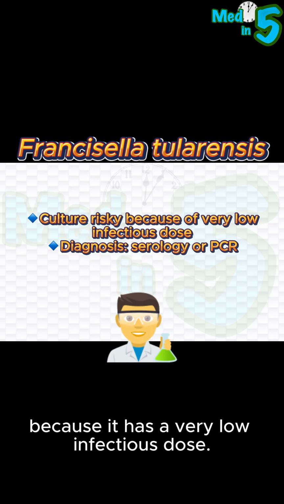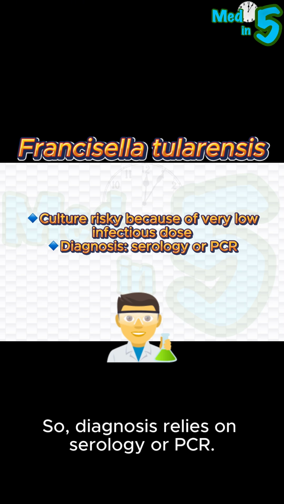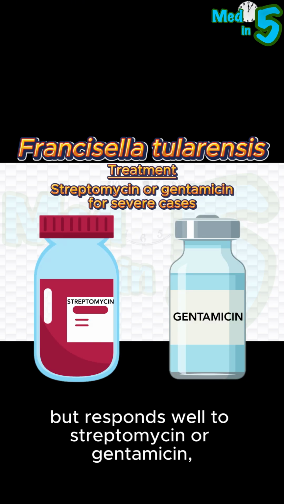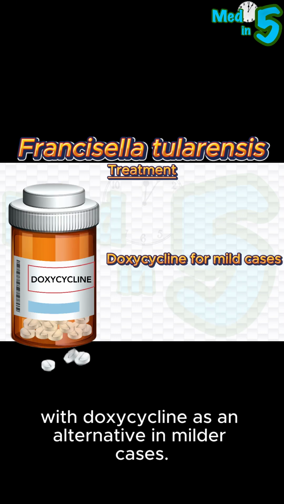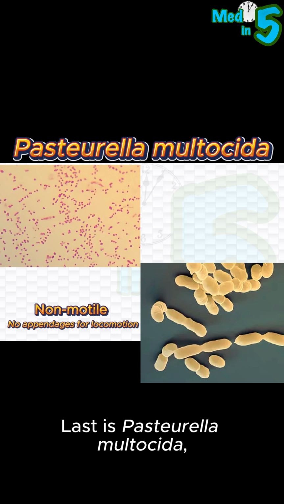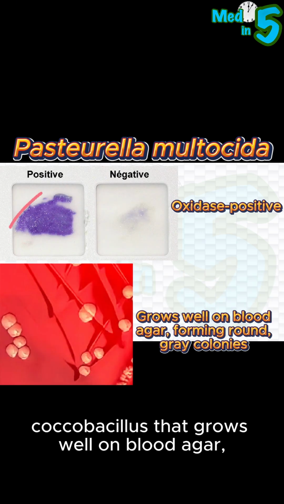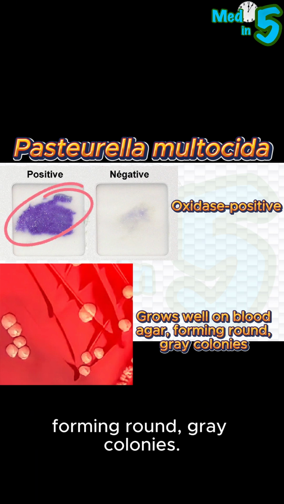Culture is risky because it has a very low infectious dose, so diagnosis relies on serology or PCR. The disease can be serious if untreated, but responds well to streptomycin or gentamicin, with doxycycline as an alternative in milder cases. Last is Pasteurella multocida, a gram-negative, non-motile, oxidase-positive coccobacillus that grows well on blood agar, forming round, gray